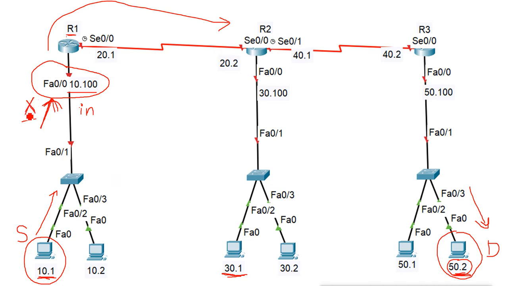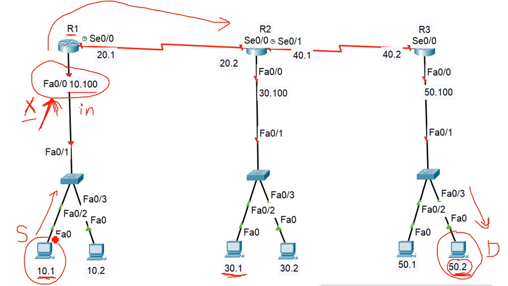Now in this case what happens? When this client tries to access this 50.0.0.2, the packet will enter into this interface. So the router will check the ACL, and it will check for the statement that matches source 10.0.0.1 and destination 50.0.0.2. Now if the statement matches and the packet is going from 10.1 to 50.2, then it will deny.